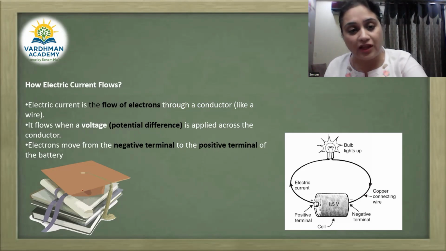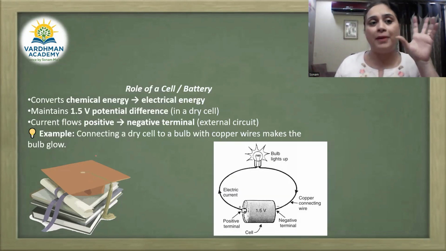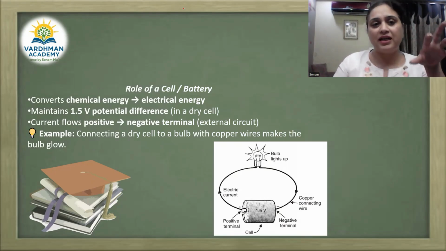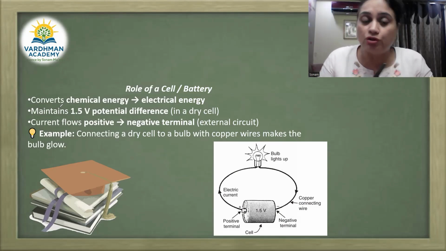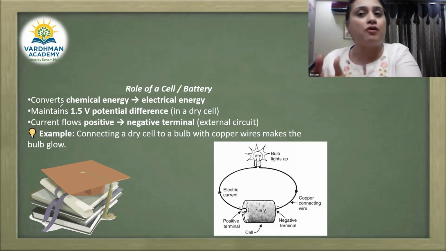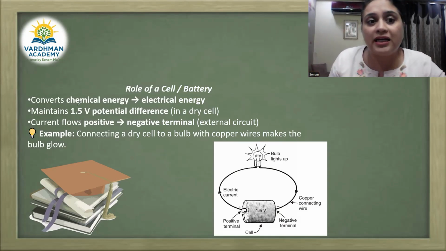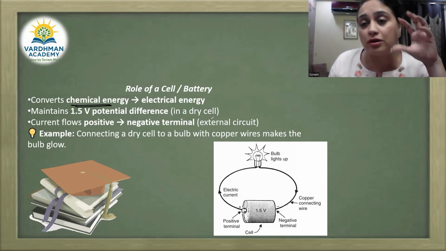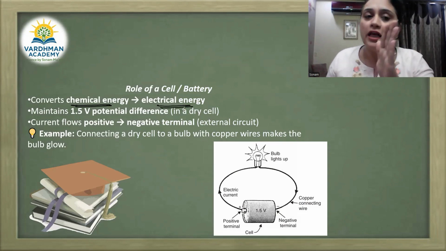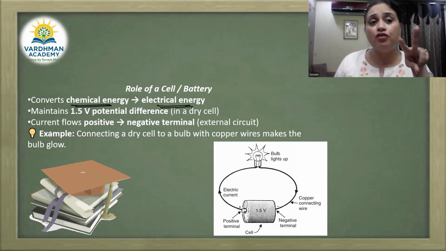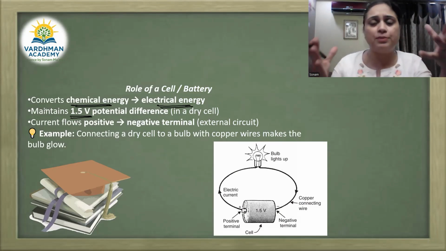Before we move there, we should understand the role of a cell or a battery in a circuit. A cell is basically a provider of energy. In 9th grade, we learned that energy can neither be created nor destroyed. Energy को आप ना ही create कर सकते हो, ना ही destroy कर सकते हो. It only transforms from one form of energy to another form. Here we can clearly see that the battery has a store of chemical energy that continuously transfers into electrical energy. The second role of the cell or battery is to maintain the potential, matlab whatever is the potential of a battery.